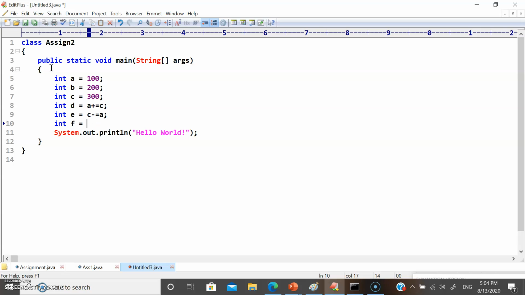Okay, let's take d also, no problem: d *= a, and then g = b /= c.